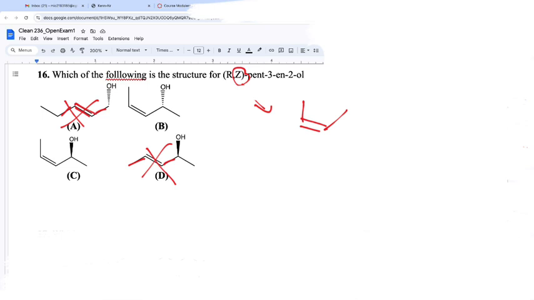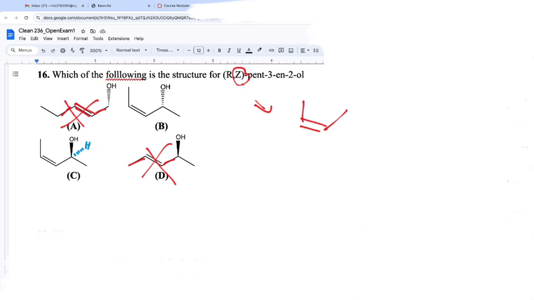So the pent and the all are irrelevant, because the only difference between these two structures is the wedge versus the dash. So I have to do R and S. Which of those two structures would I start with? Which is a little bit weird. I'm going to start with C. Not necessarily because of the wedge. You're right, but my emphasis is not the wedge, it's the implied hydrogen that is dashed.